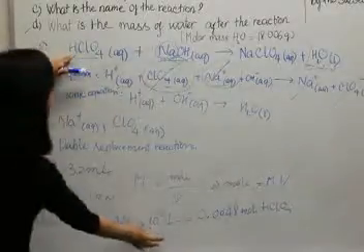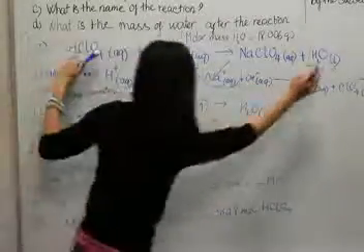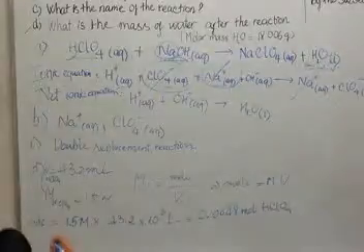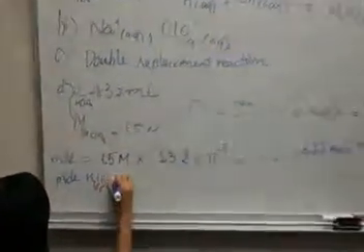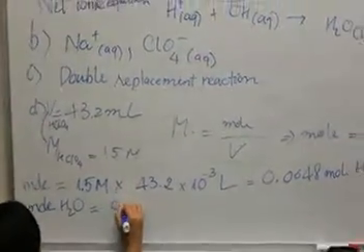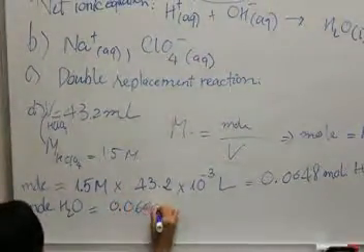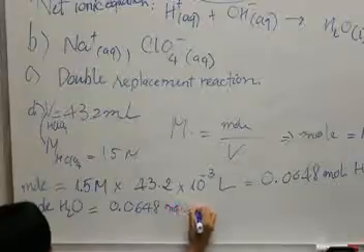So the moles of my acid are going to be equal to the moles of the water. So I have the moles of water going to be equal to 0.0648 mole of acid